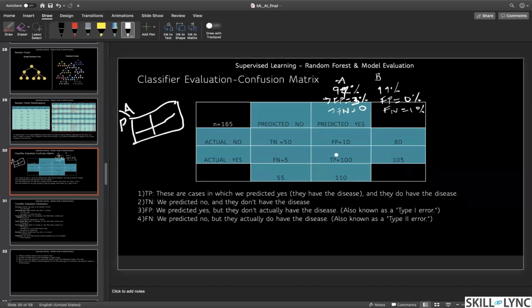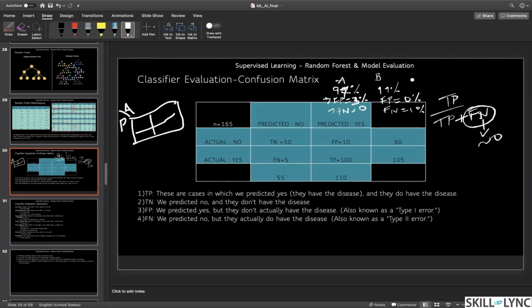This clinical trial is one of the examples for recall, where you will not look for accuracy, you will try to improve your recall value. And how do you improve your recall value? What is recall? True positive divided by true positive plus false negative. To improve your recall, the false negative should be as small as possible, right? So this example is about recall.